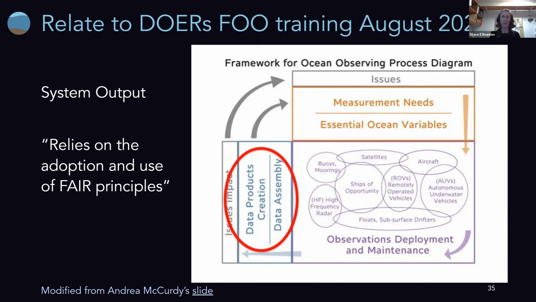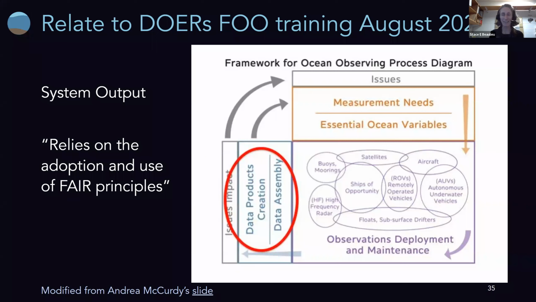All right, so here we go. First thing is, let's relate back to way last year. Last year, Andrea McCurdy provided some of the training for the deep ocean early career researchers, where we learned about the framework for ocean observing.